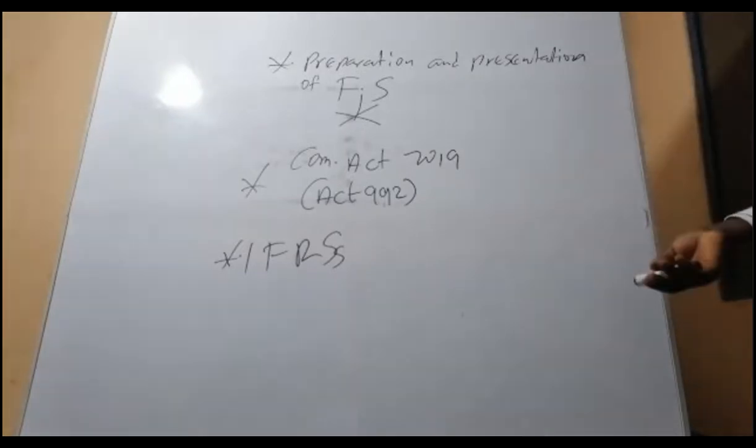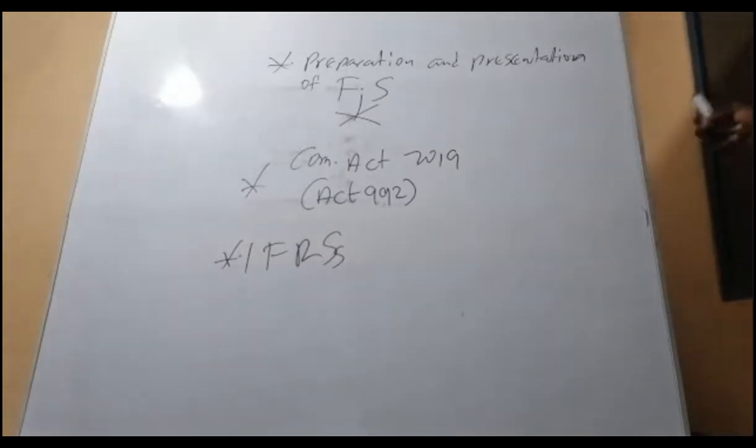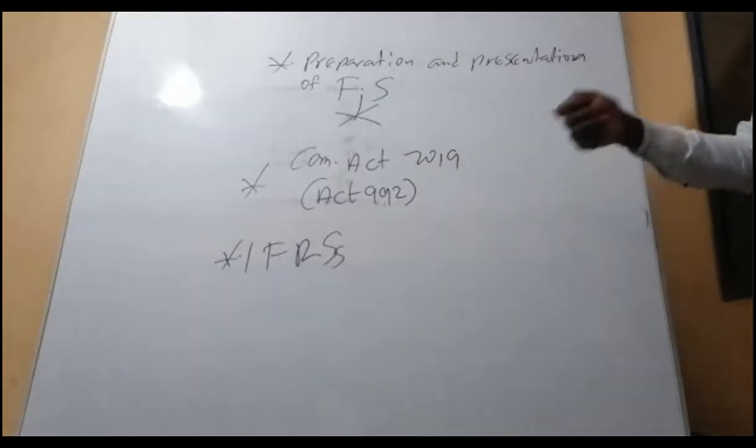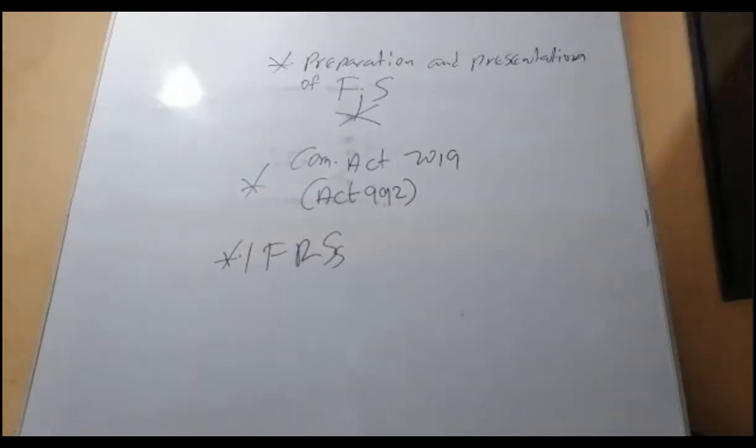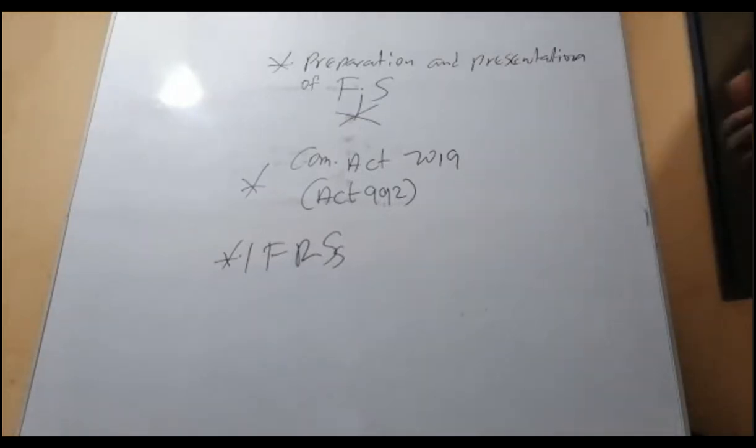So if you see the examiner saying prepare the financial statement in accordance of the Companies Act 2019, Act 919, or the IFRSs, that's the meaning. The IFRS give you how to treat the specific issues in the financial statement. And then the company's codes give us what? The source of legal backing. Good. Now let's go straight. If you pick a complete set of financial statements, what is their composition? What's the consequence? Then you are done. So let's see.